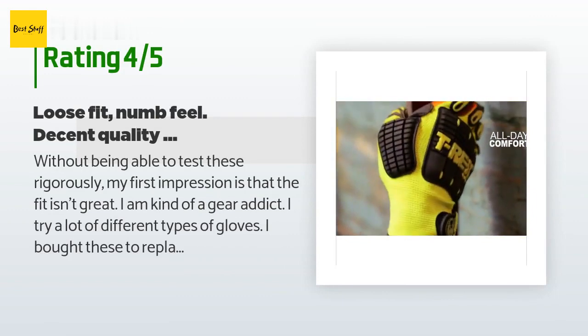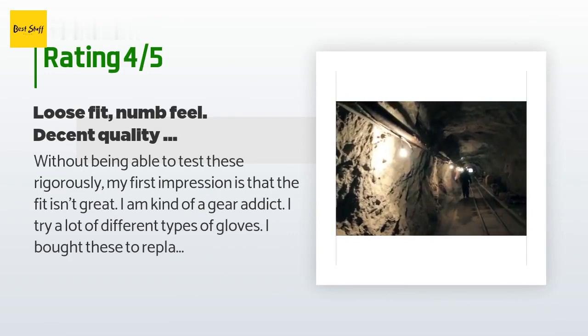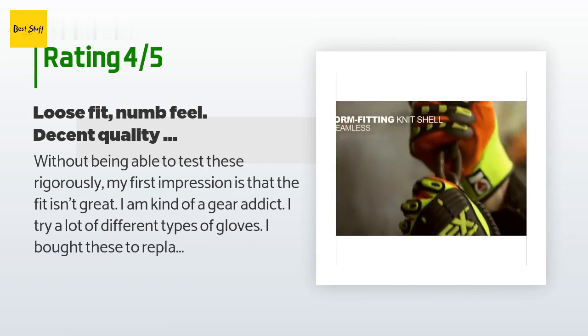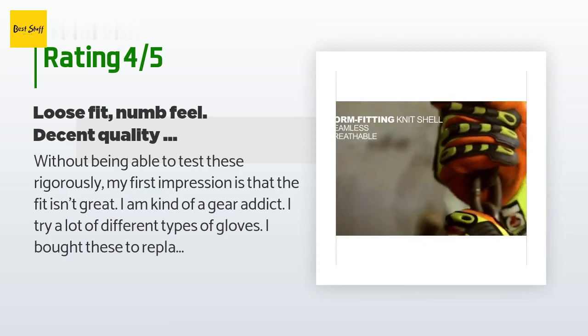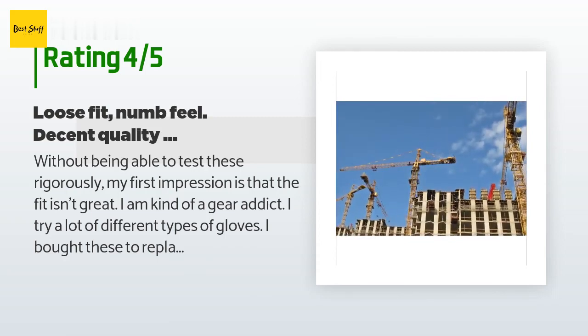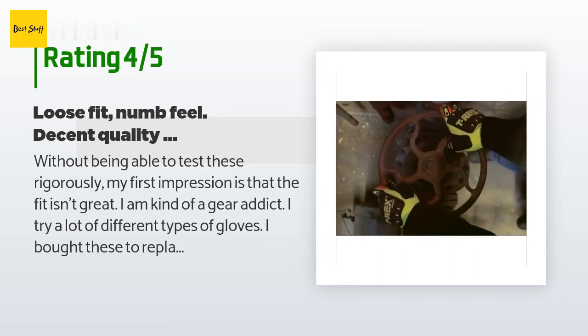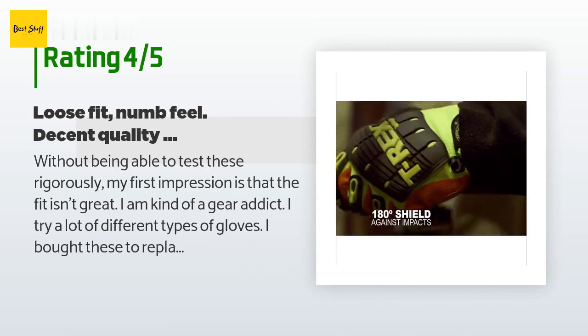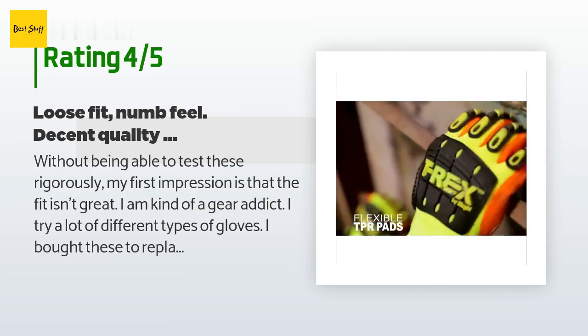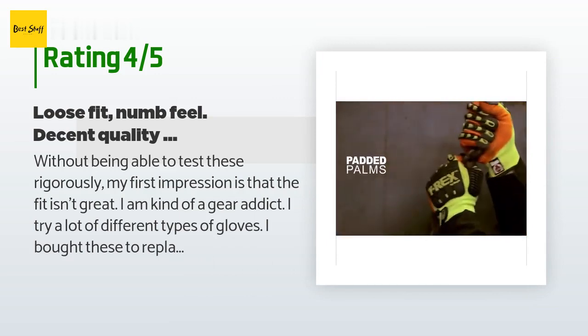Without being able to test these rigorously, my first impression is that the fit isn't great. I am kind of a gear addict. I try a lot of different types of gloves. I bought these to replace a pair of non-cut resistant gloves to use on vehicle extrication scenes. I had a piece of laminated glass slice through a pair of goat leather work gloves and didn't want to